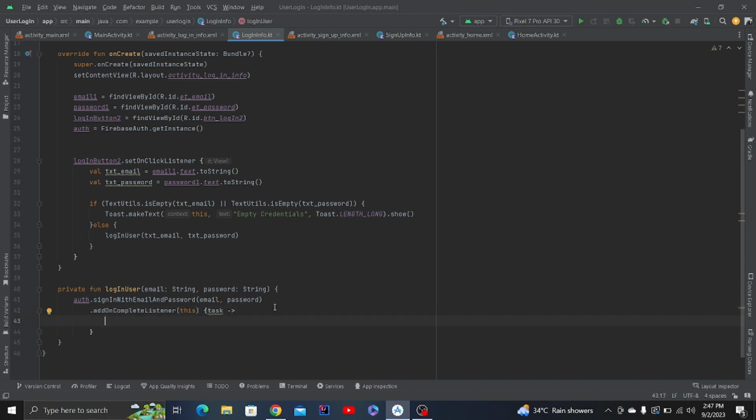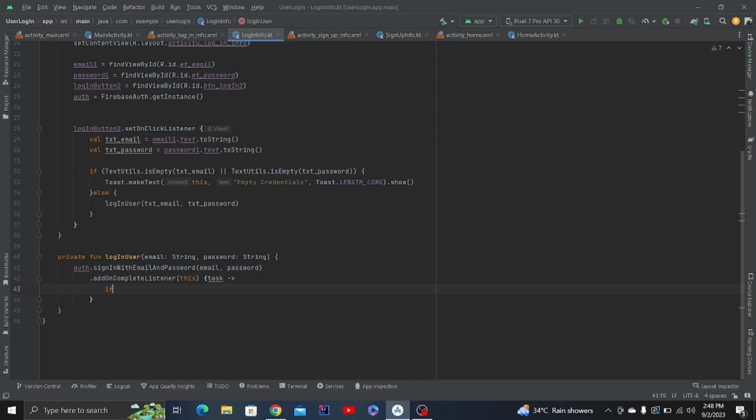Now if we want to make a check here that if task is successful, we want to do what? We want to start a new activity, that is home activity. So we are just going to say intent and this, and we have to start HomeActivity::class.java, and we also can show a toast message here, and for that we just copy this and paste here,